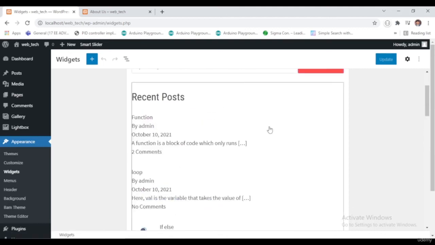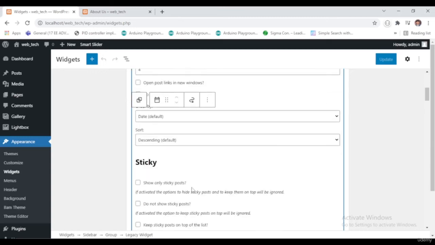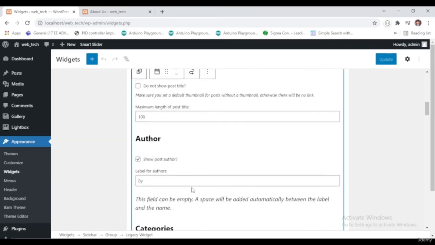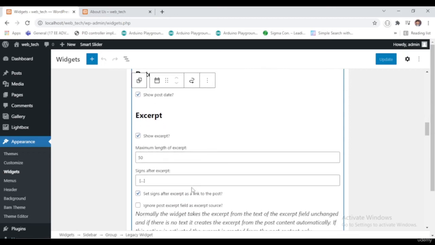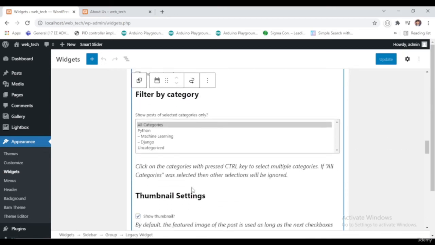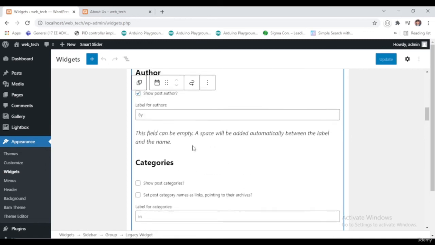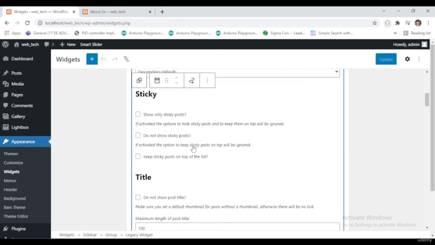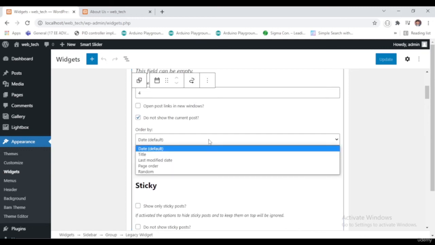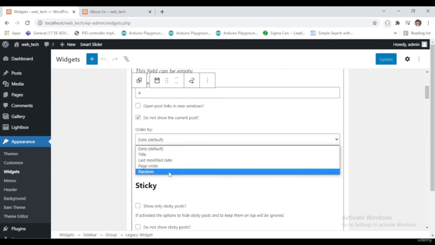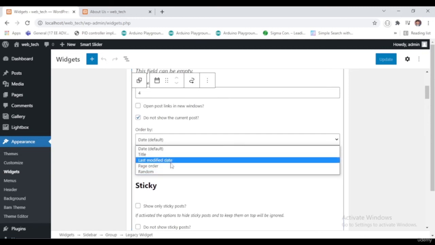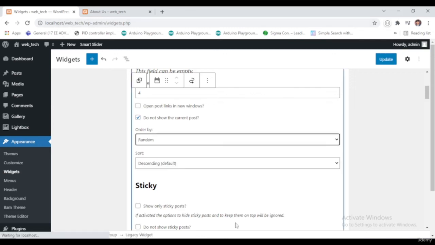So for that, somewhere we have selected the date. In here you can even select random or page order or last modification. If I click on random and update it,